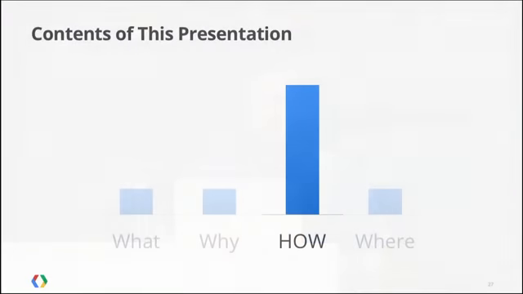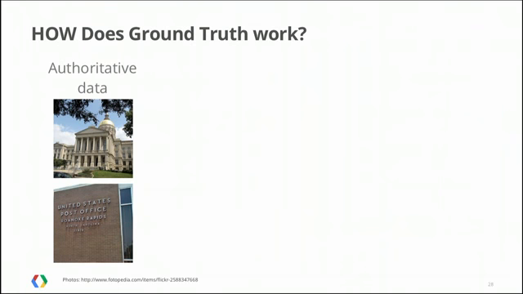So that's the what ground truth is. That's the why we did it. Now we're going to get to the meat of the presentation, which is how it actually works, which I keep hand waving. So ground truth is basically 3 pieces stacked on top of each other. The first, as I've kind of already talked about, is authoritative data. We go directly to postal services, we go directly to governments, we go directly to really well-known map providers themselves, and we get the data directly from them. We work out arrangements where we can absorb that data directly.